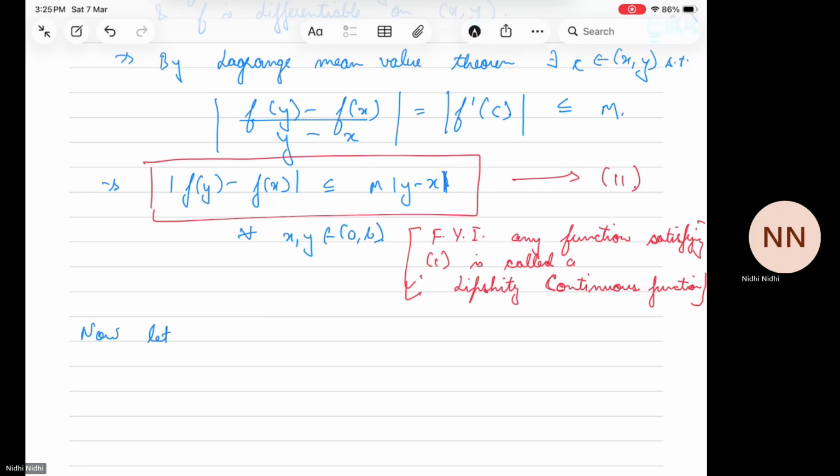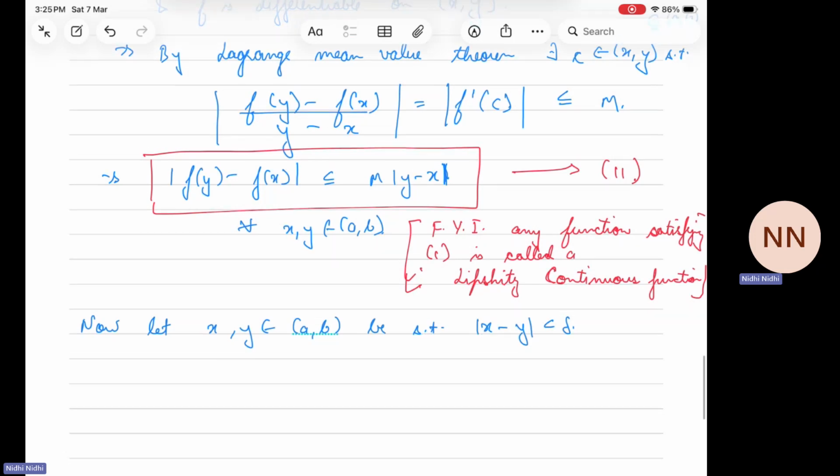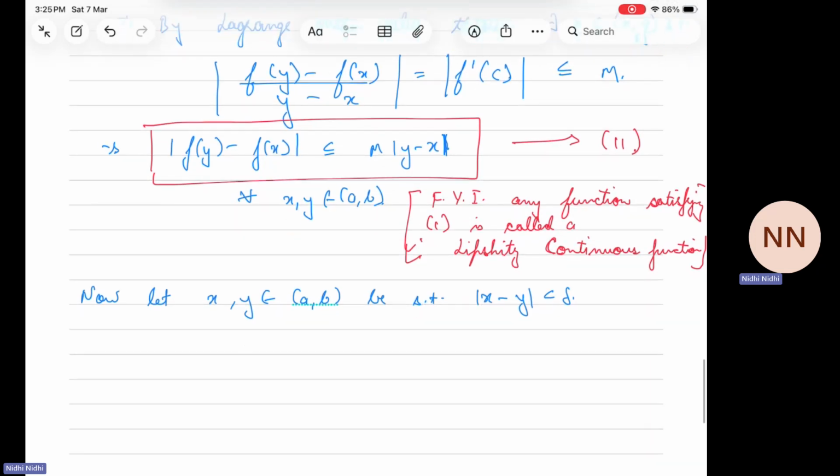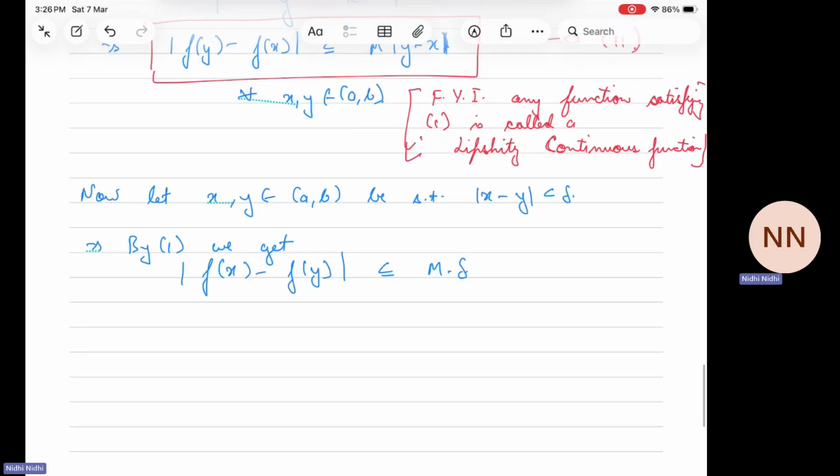Now let x and y in (a,b) be such that |x - y| < delta. What delta to be taken specifically, we'll see that later. Now suppose |x - y| < delta, then by the first inequality we get |f(x) - f(y)| is less than or equal to M times delta. So taking delta to be strictly less than epsilon by M, and further taking epsilon to be any arbitrary